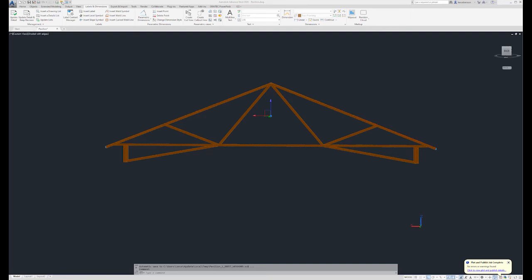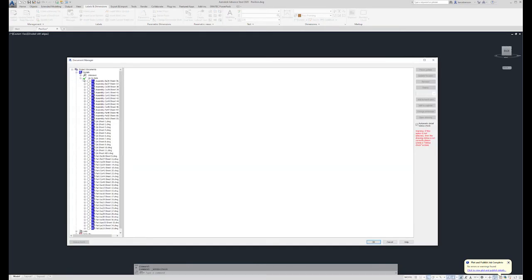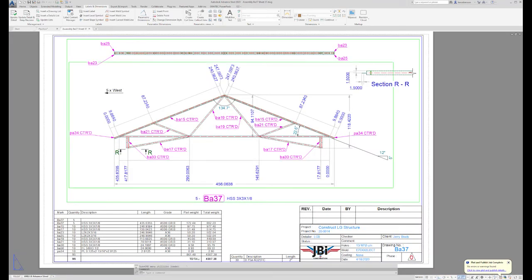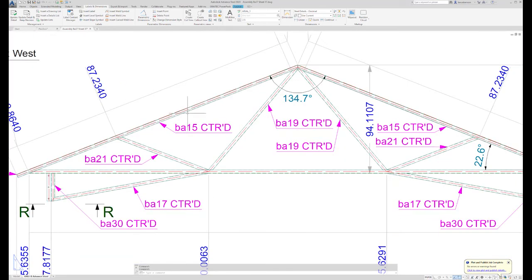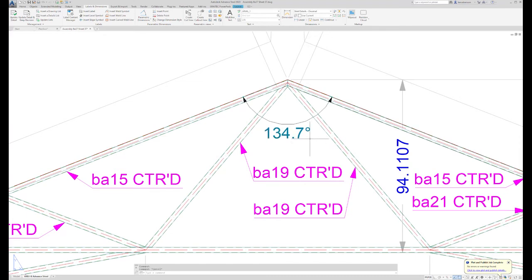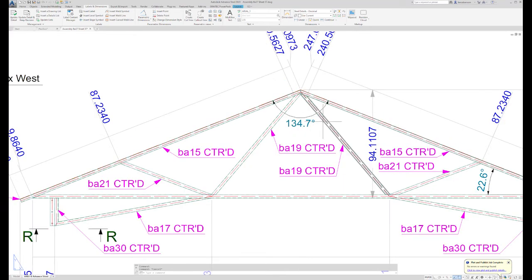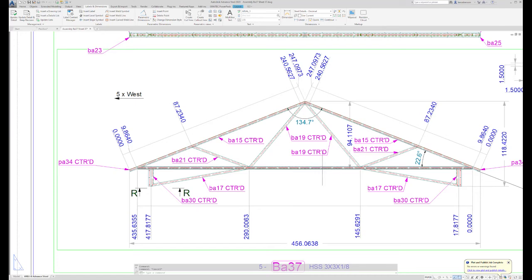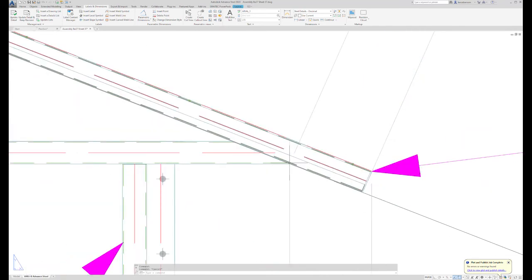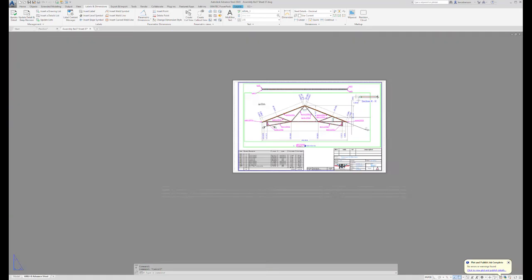Alright, based on what I just said, let's review the assembly drawing for the truss again. Okay, based on this part and this part being our first two components, and talking about our digital protractor, this is the degree that these two components would need to be from each other. And then we would add this third part in. So this would be our dimension that we would transcribe across to this side of the tube, the 9.8640, and back over here,